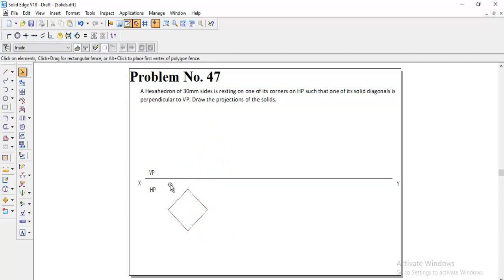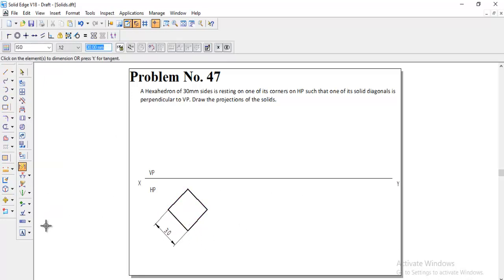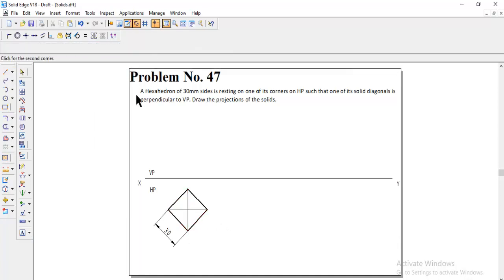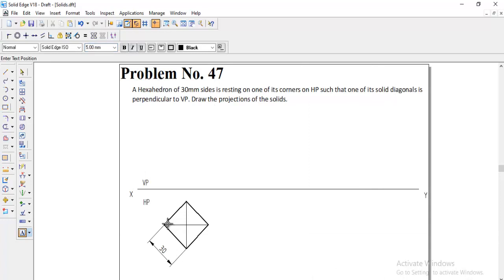And this hexahedron should be visible line. From the beginning itself we can take it as visible line. And now we can give the dimension for it, 30. And to get the center we can use the normal line and draw the diagonal lines to get the center. And coming to the naming, we can give the naming for it.